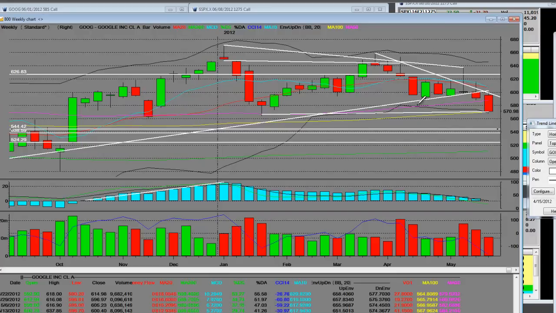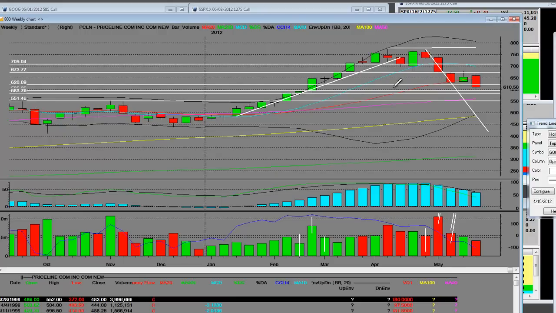Google is in a bear because it closed 4 weeks below the 10-week. The 10-week is going down in value. It's about to cross over. Another thing: if we break this area of 570, we will continue selling the short side of the market down in Google. Once again, it's in a bear signal.